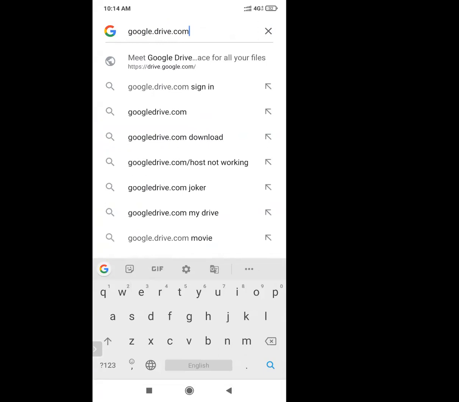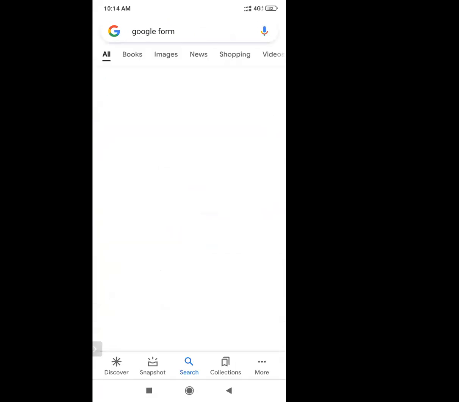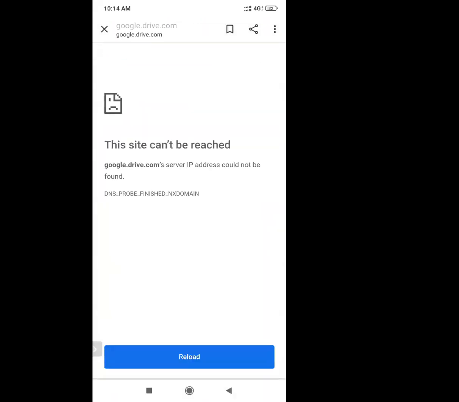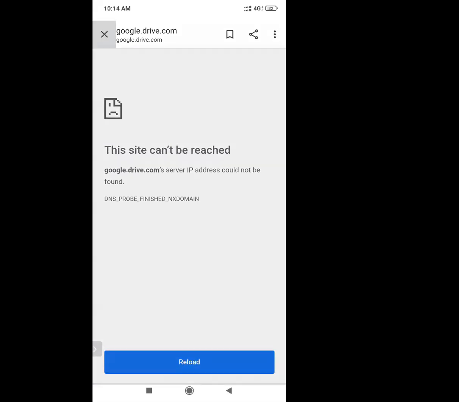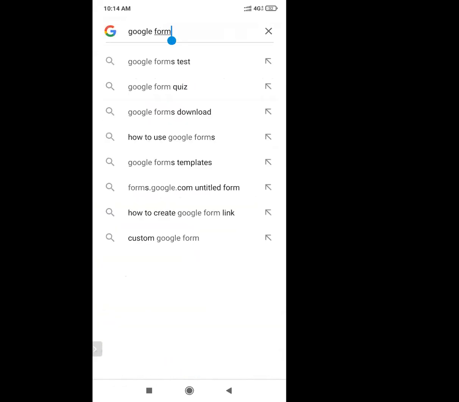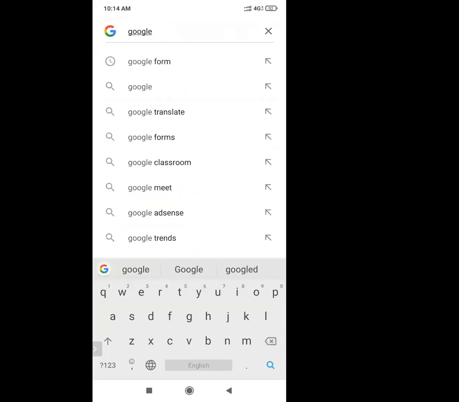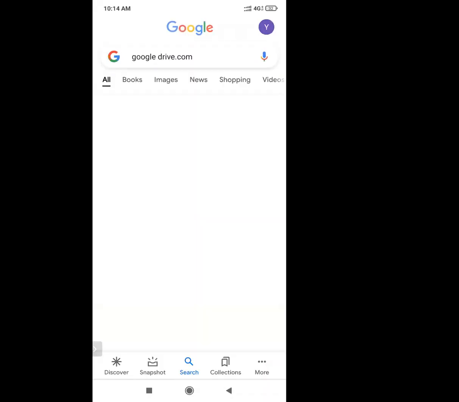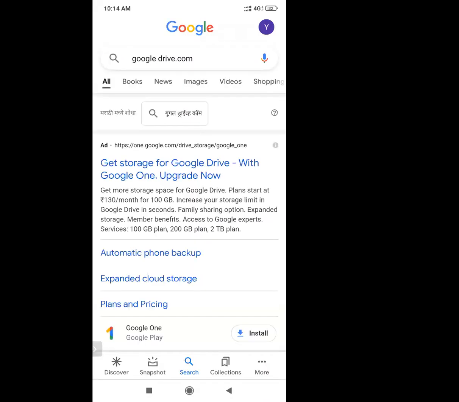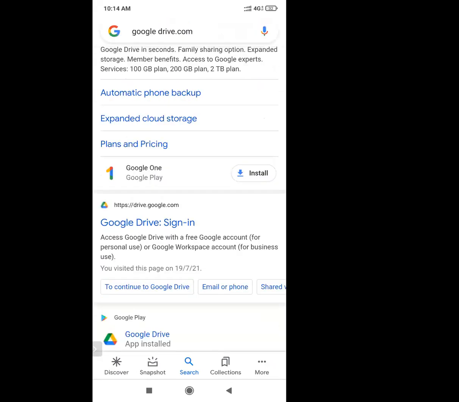After typing this, your Drive will open. So you can directly go to your Google Drive.